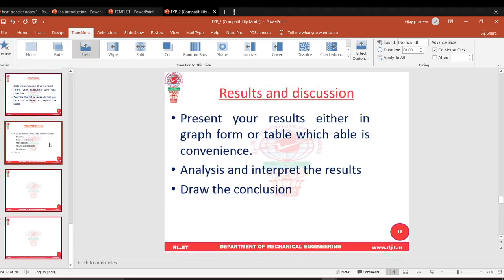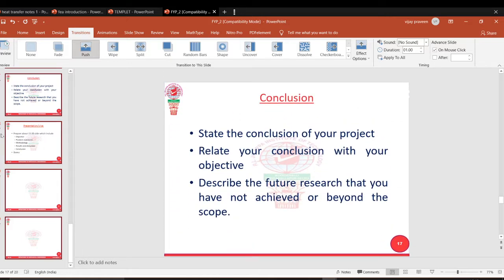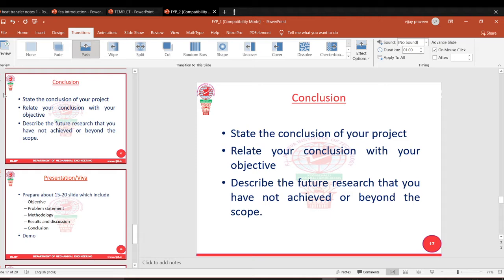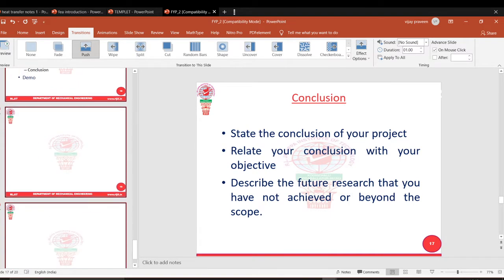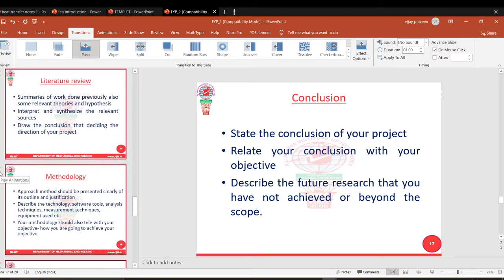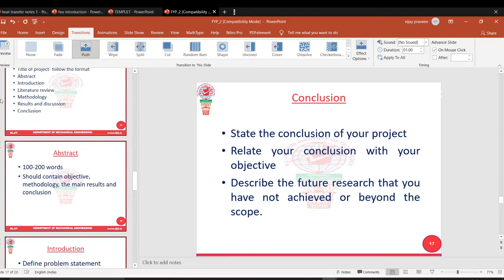If I give the animation, you can observe here, in each slide number there is a star mark. Can you observe the star mark? Yes, so this indicates you have applied the animation effect. Suppose I don't want to keep it and want to remove it, I apply to all.